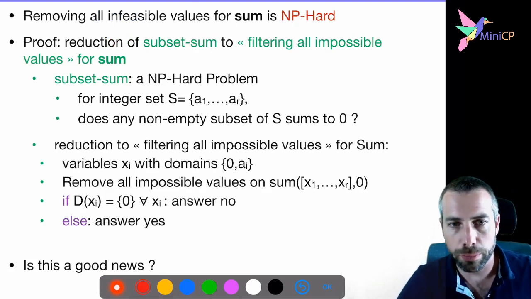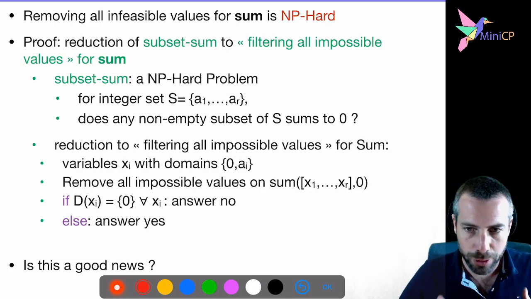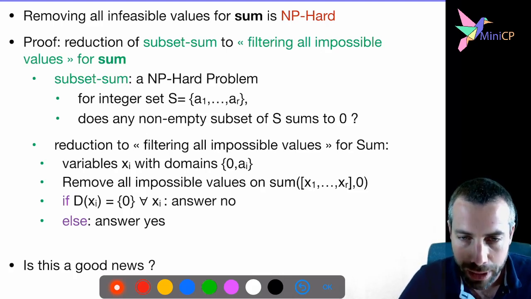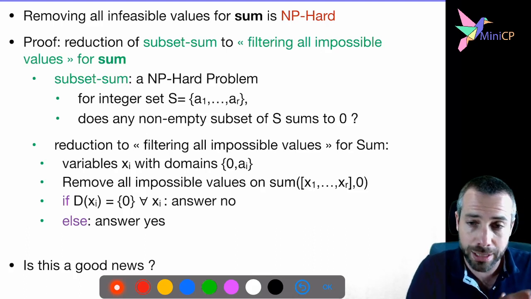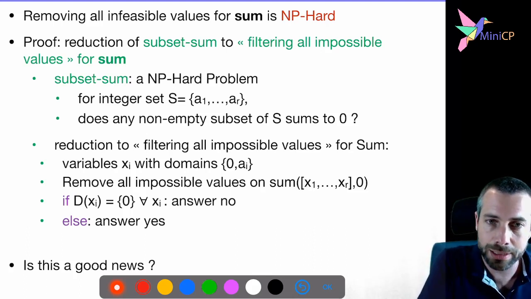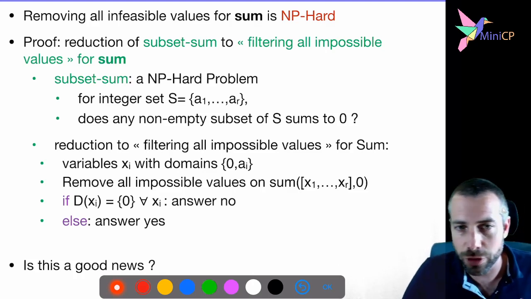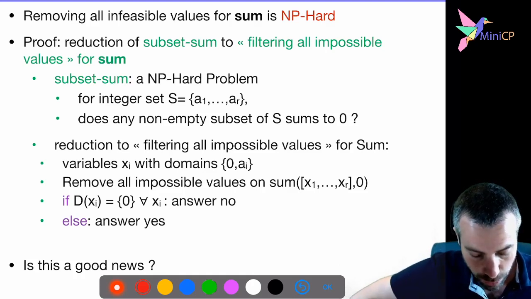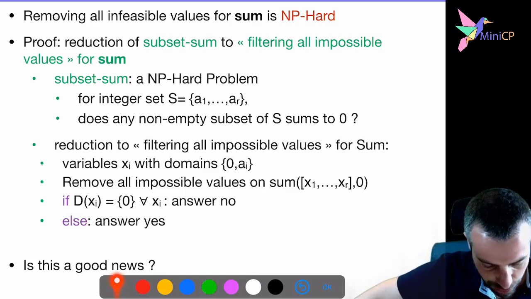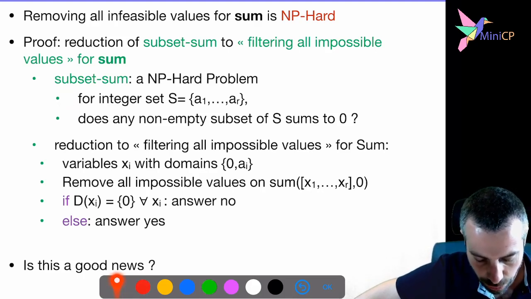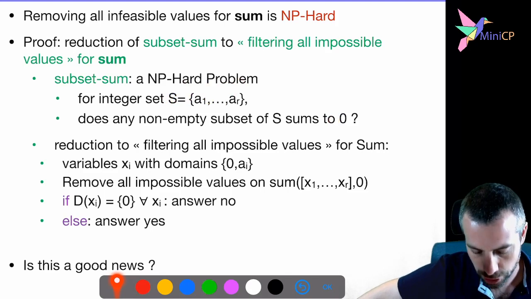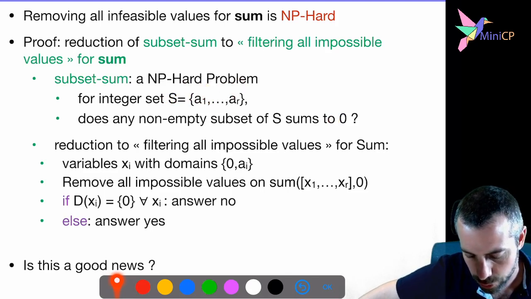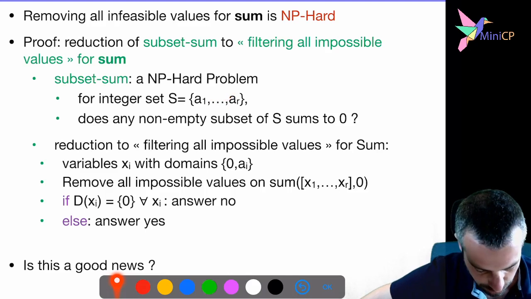So quick reminder about reduction. The reduction is if you're able to solve a well-known NP-hard problem using this pruning algorithm that you need to demonstrate that it's NP-hard. And if you are able to prove that you can solve an existing NP-hard problem with this new algorithm that you consider, then you have the reduction. And so this is what we will do for the subset sum. The subset sum problem is this one: you want to find a subset, among a set of integer values, so that the sum is equal to 0. Some of them are positive and some of them are negative, of course.